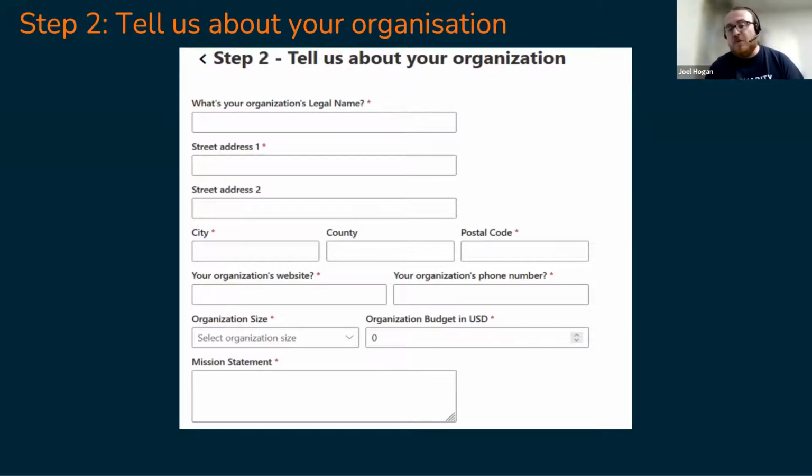So you've got your organization's phone number there, which would be important for the two-factor authentication process going forward as well. Some of the information here, such as organization size and organization budget, if it's something you're not very aware of, you can use your Charity Commission, Oscar or Northern Ireland Charity Commission registers to help you get that information, as that should be on there in terms of the income. If you're not sure, then do your best to go through, and again, a validator may ask for that information if it's not enough to confirm your eligibility. Again, with mission statements, they can be found on the Charity Commission and the other registers as well.